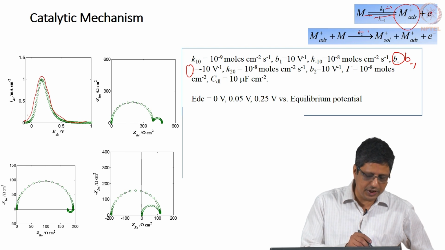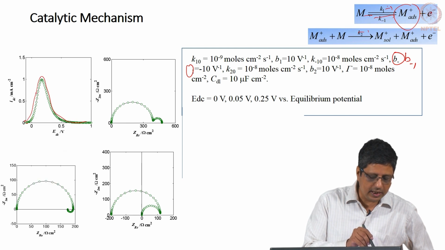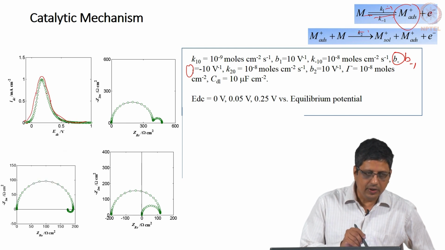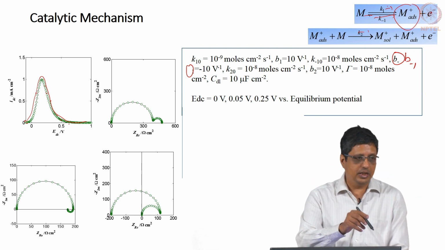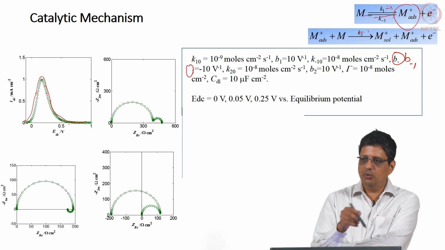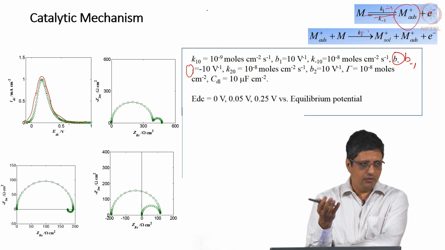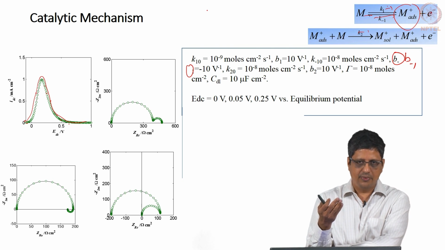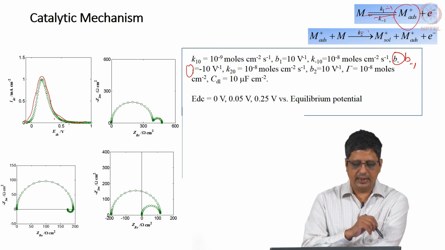So, under steady state condition, if I go to one E DC, this is the value I get, I go to another higher potential, current keeps increasing. After some time, when surface coverage becomes significant, this current value keeps decreasing. So, this is similar to what you have seen for EAR, although it is a different mechanism, it involves a different type of species, but this can also give rise to a curve like this.